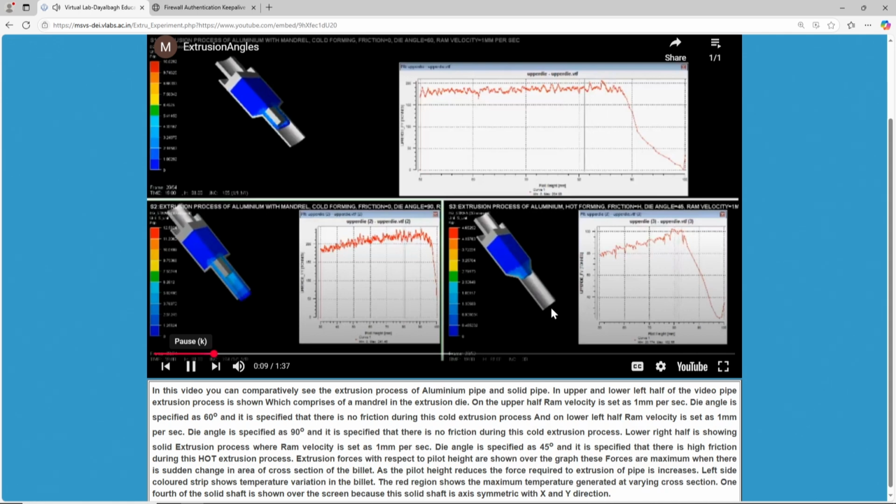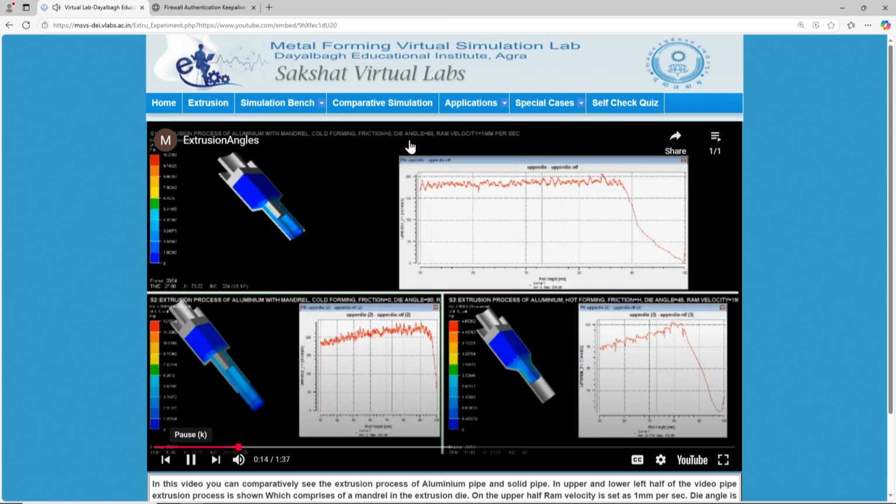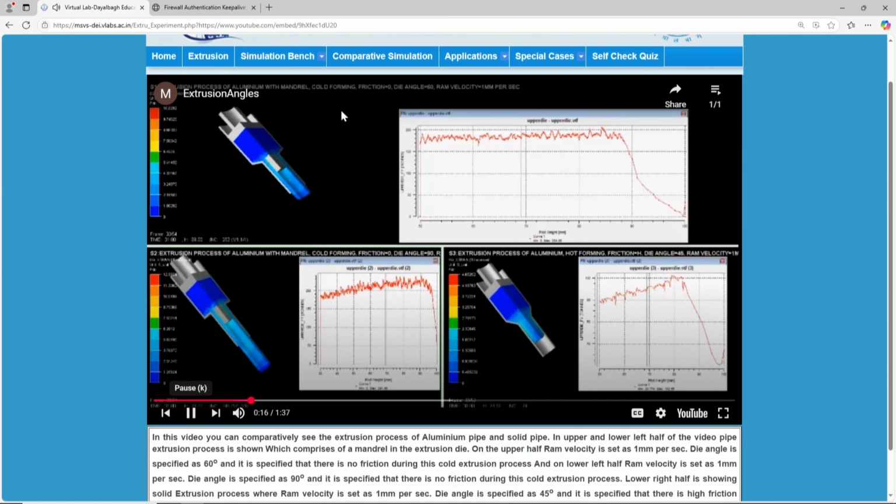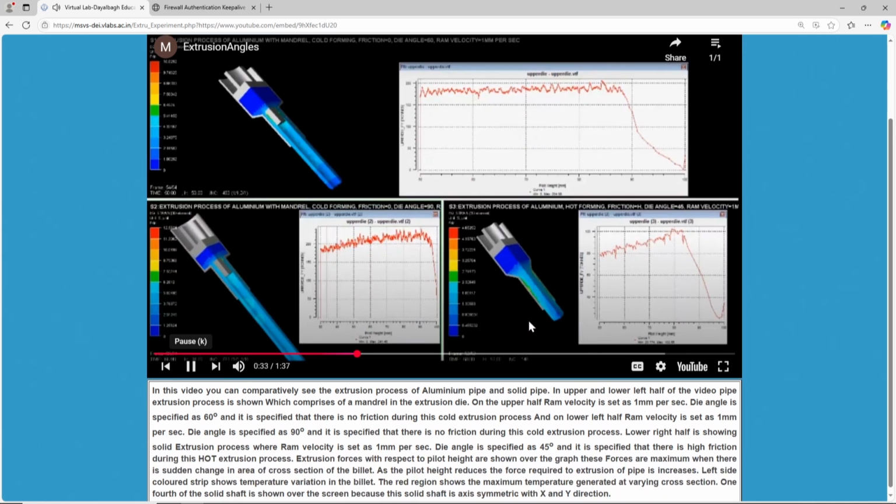So on the upper half, the ram velocity is 1 millimeter per second, it is given here. Friction is 0, die angle is 60 degrees, and it is specified there is no friction in the cold extrusion. And the lower left part is the ram velocity with 1 millimeter per second. The die angle is 90 degrees, and there is no friction, that is also assumed here. On the right hand side, it is 45 degrees of die angle, and high friction during this hot extrusion process